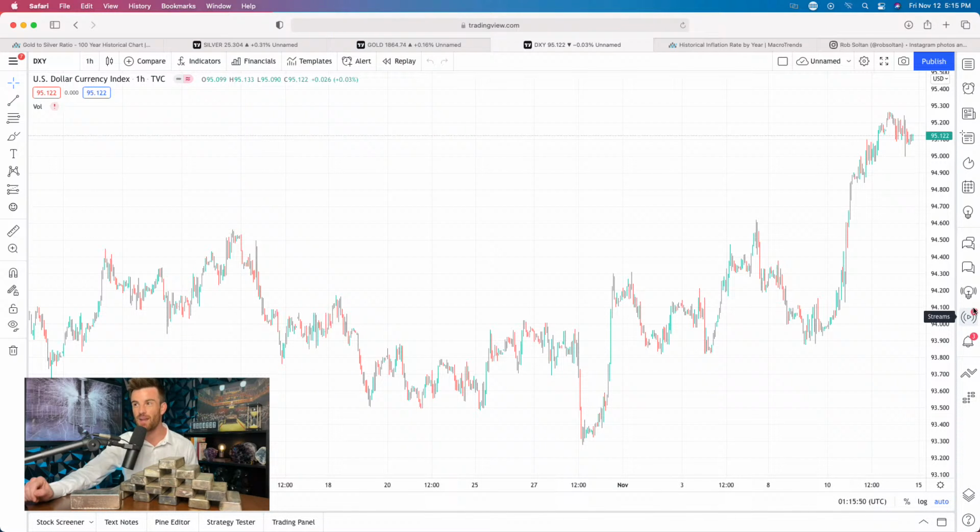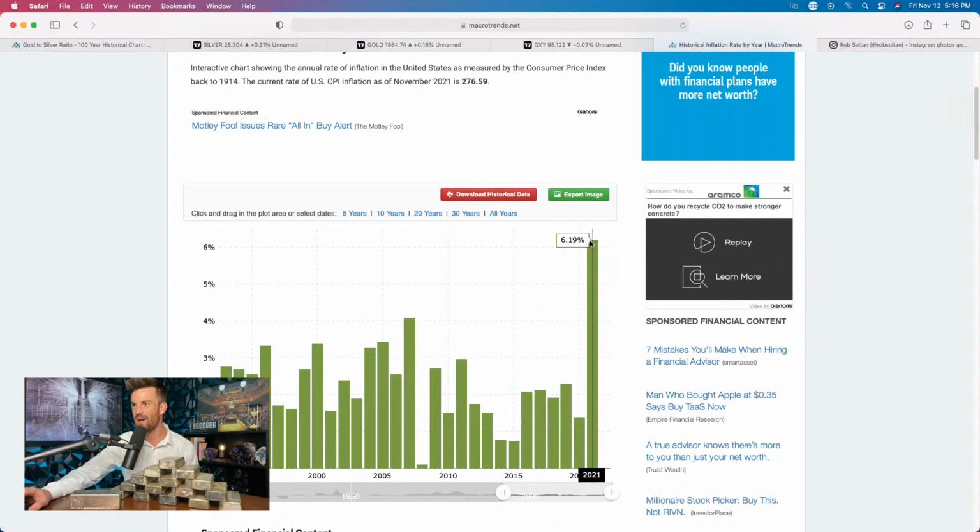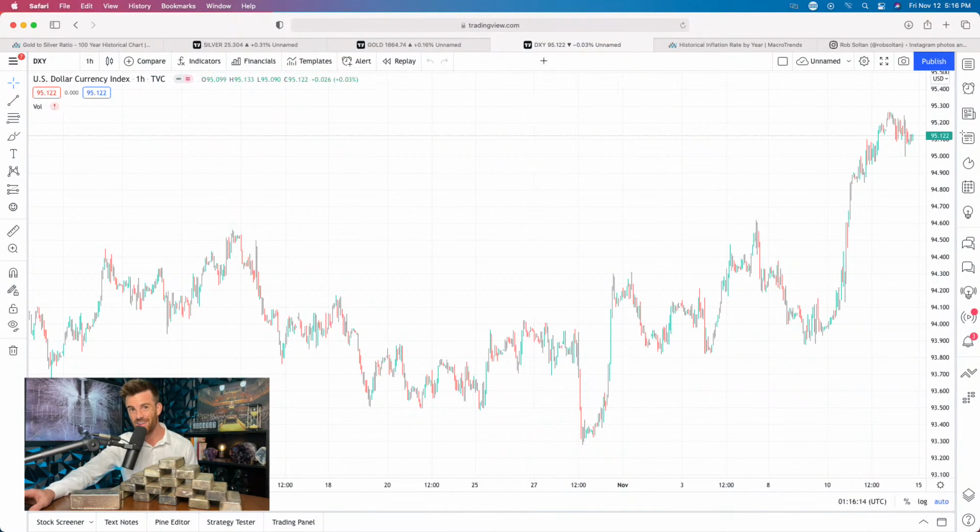I'm not a big fan of technical analysis when it's a day-to-day thing, but this specifically is very bullish to me because they just came out with data saying that the CPI is up. Inflation is getting higher and higher and higher, at 6.19%. That's their kind of bogus number, in my opinion. But right when that information comes out, the dollar gets stronger. The dollar's getting more buying power when inflation is going to be at an all-time high, and we have a stronger dollar. Yeah, that makes a ton of sense.